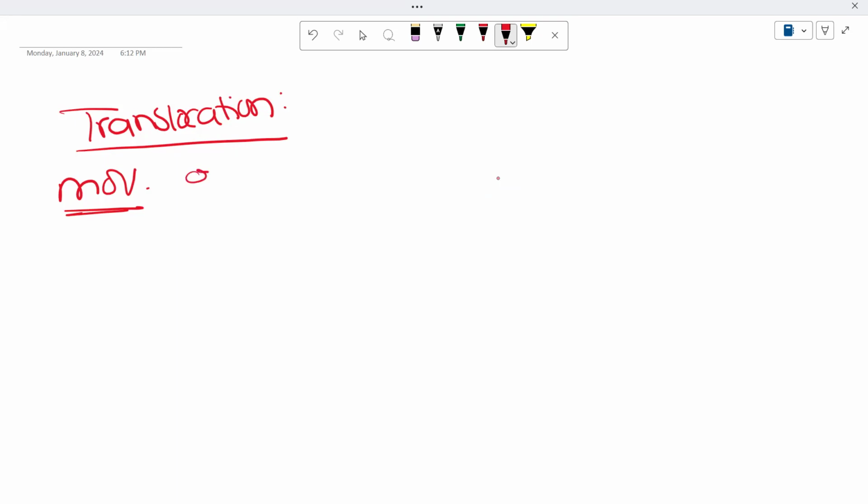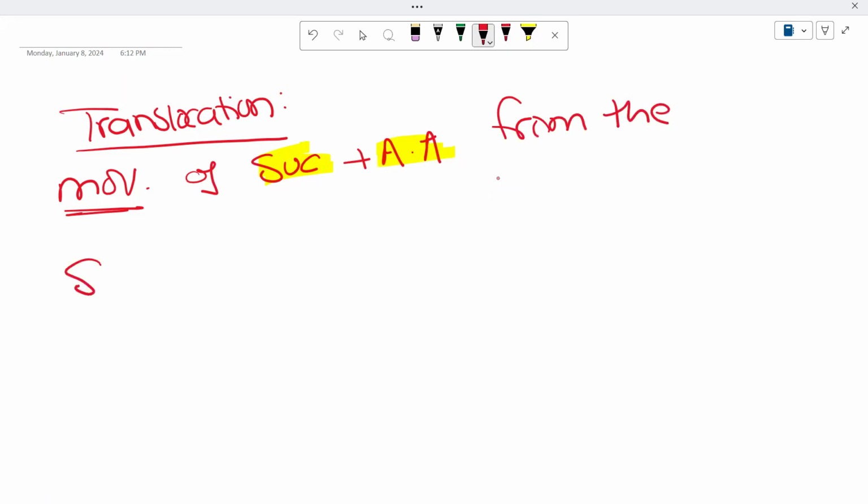Translocation is the movement of, not carbohydrates. It is the movement of what? Remind me. Sucrose and amino acids. Excellent. Sucrose and amino acids. That's important. Let me mark them. Sucrose and amino acids from where to where? From the sources to the sinks. From the source to the